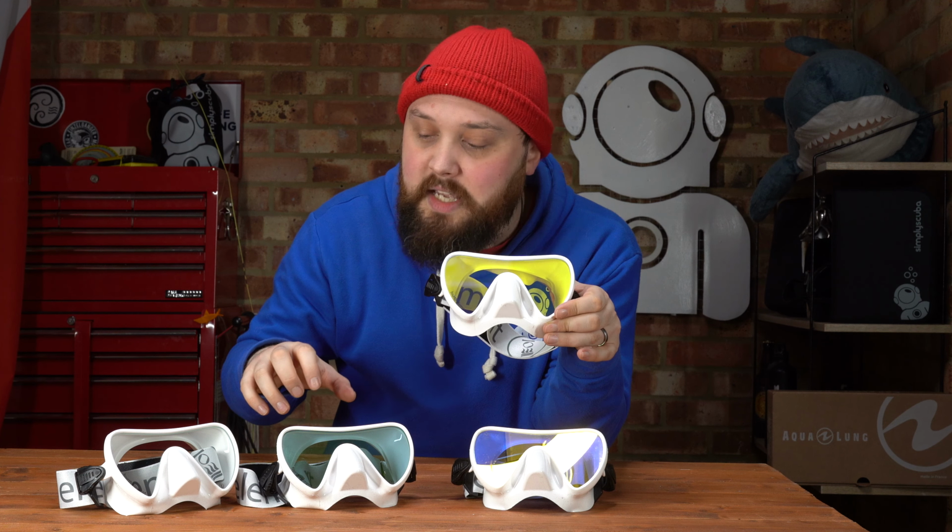Next up, we have contrast. Contrast is for greener, temperate waters, so colder waters. This blocks out UV, but it also blocks out some mid-range wavelengths of light. So that's your green wavelengths. It helps to boost the contrast of what you're seeing, helps to mute the greens a little bit. So if you're diving in cold waters, fresh waters, where the water tends to be green instead of blue, then contrast is the way to go. It's protecting your eyes, but it's also, as the name suggests, helping to boost the contrast of what you're